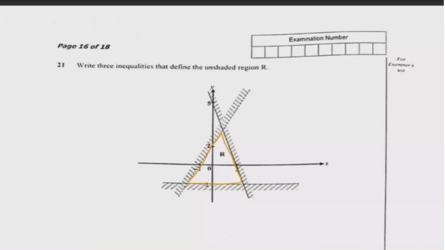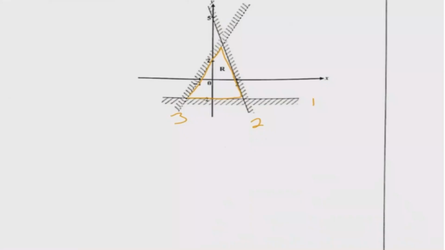Okay, so now we can go ahead and answer the question. Let me label these lines. This will be number 1, this will be number 2, and this will be number 3. Okay, so how do we go about it? Let's start with line 1. I've chosen 1 because it's simpler. It's just lying on one line. So we have this one, which is 1. The line that is there